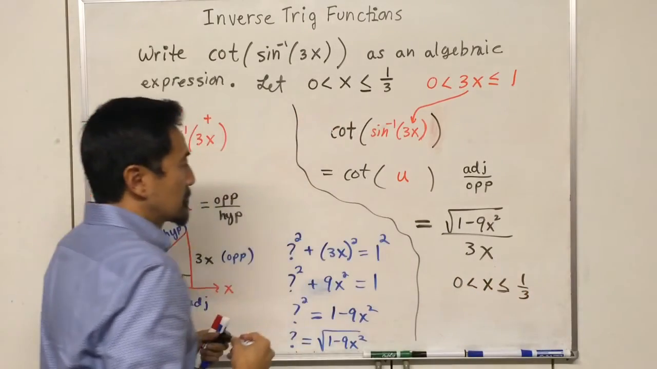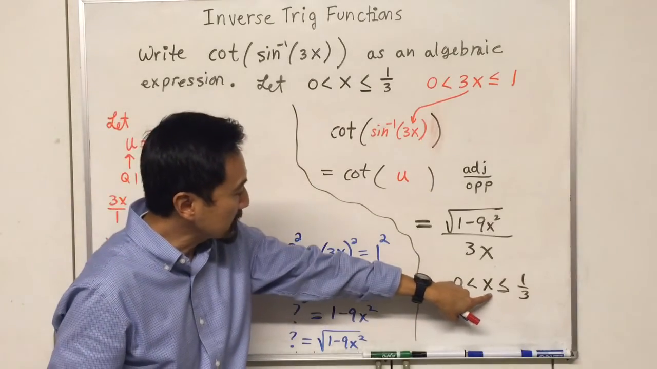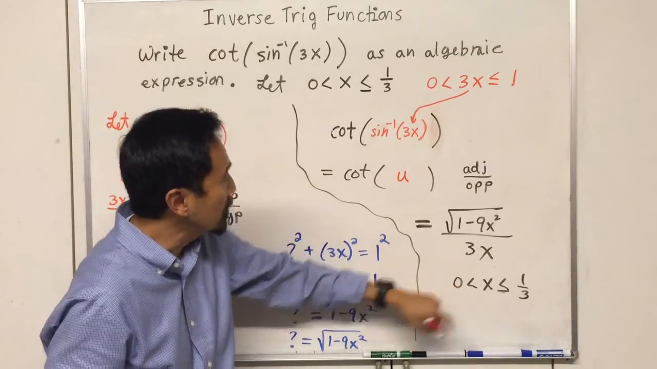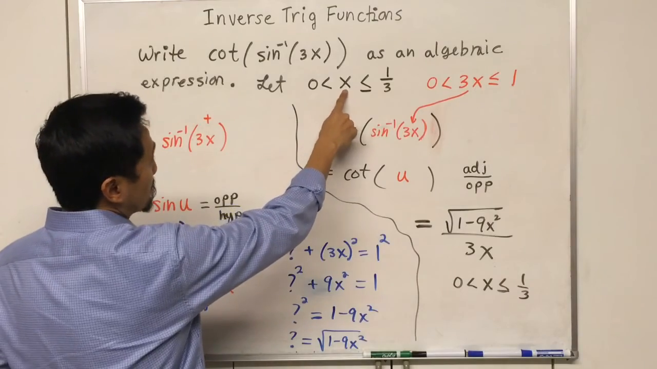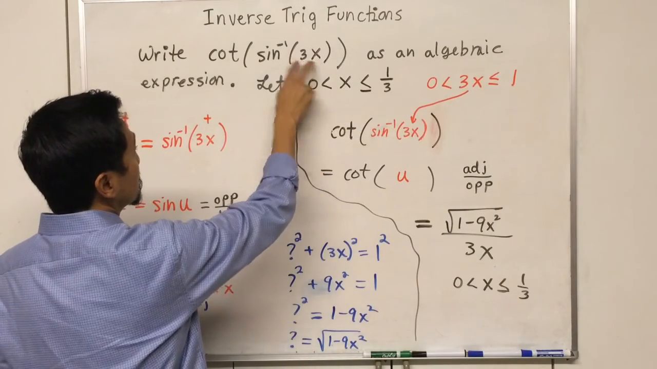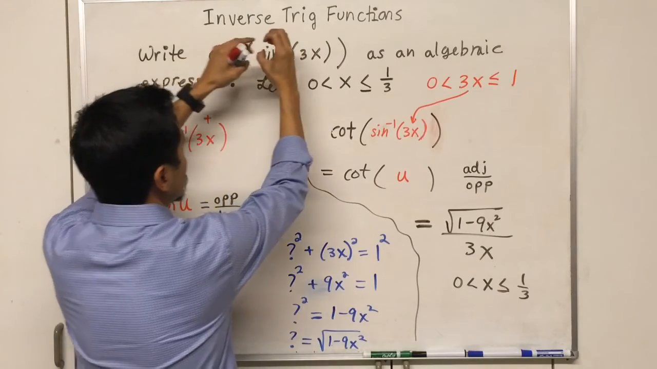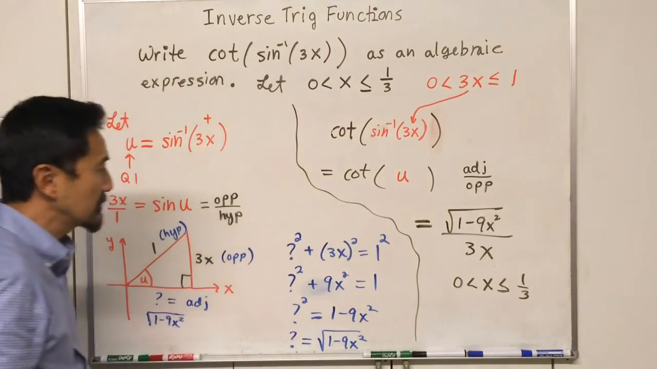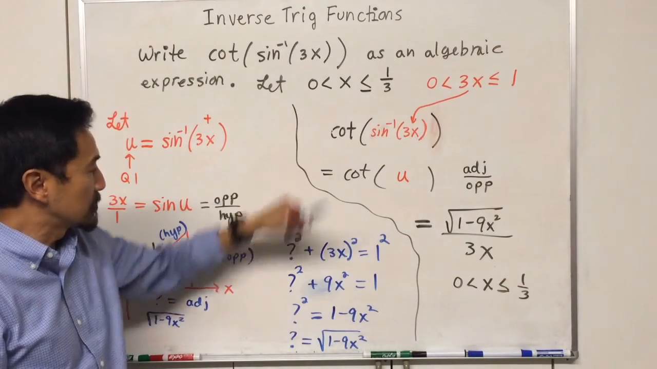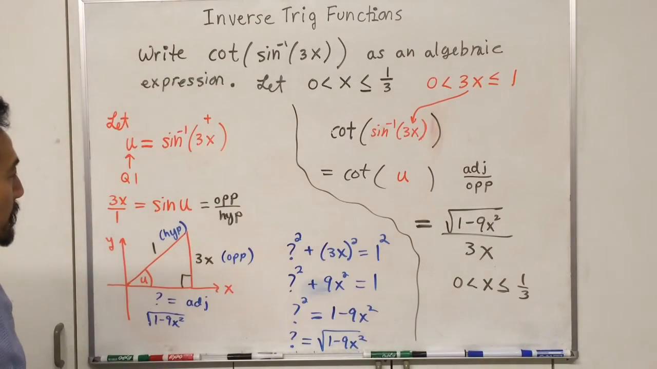Notice that we could not allow x to be equal to 0, because if x was equal to 0, then the inverse sine of 0 is 0, and the cotangent function at 0 is undefined. So there's no equality there. All right. Study